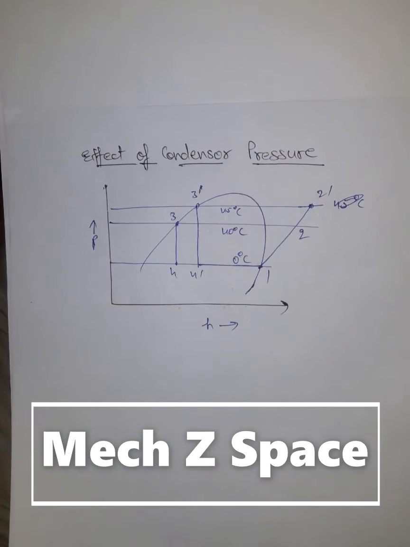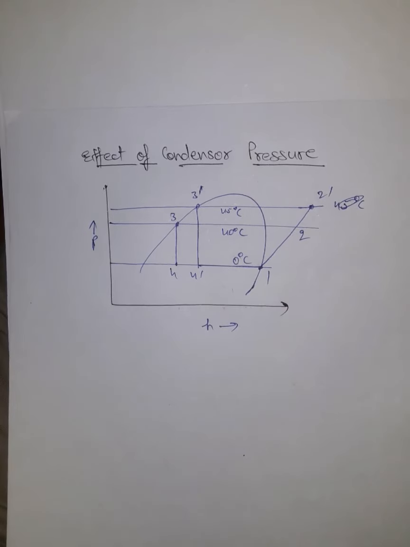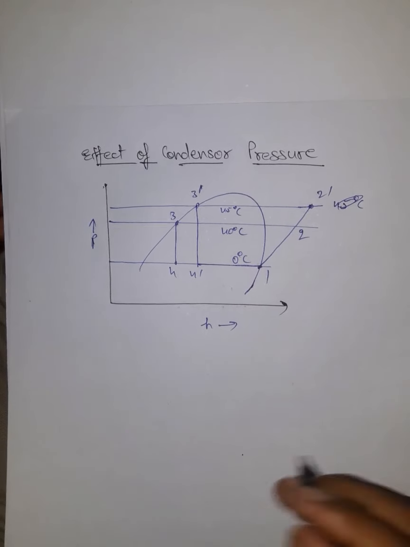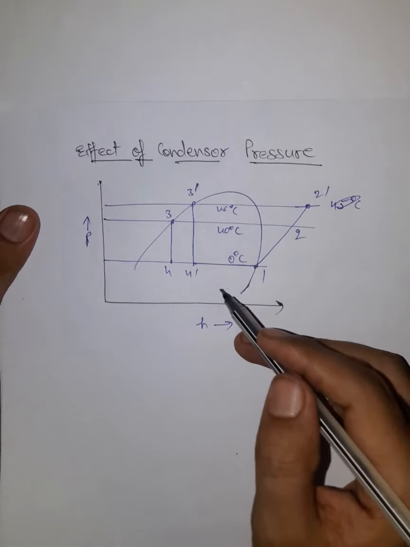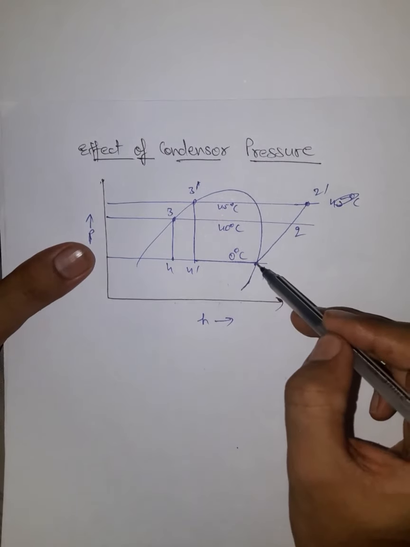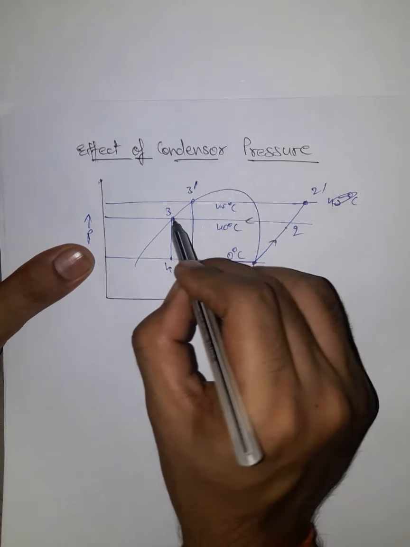Okay, so now we are going to talk about the effect of condenser pressure. Earlier we talked about the effect of evaporator pressure. Now here I have drawn the pH diagram of this VCRC cycle. The original process is 1, 2, 3, 4. The original pressure is this,